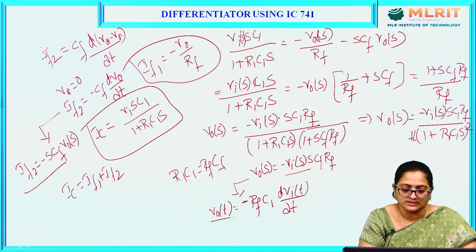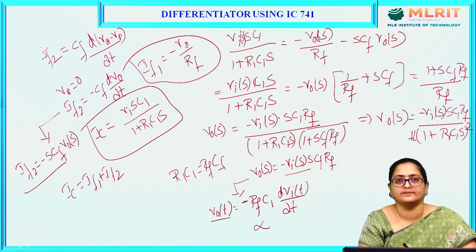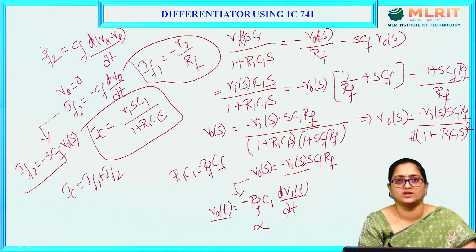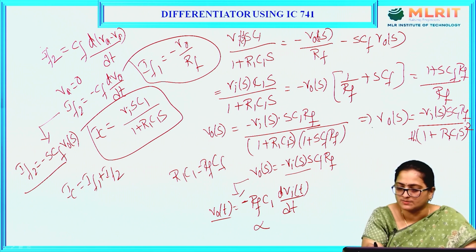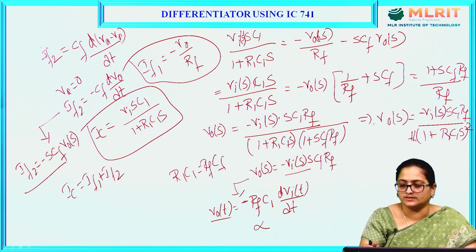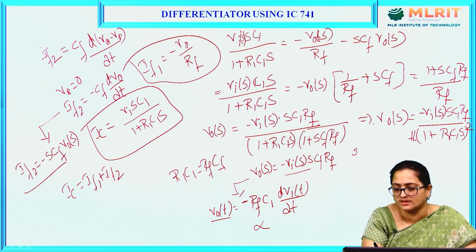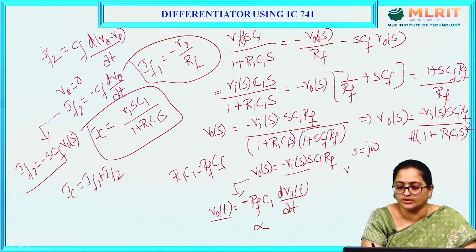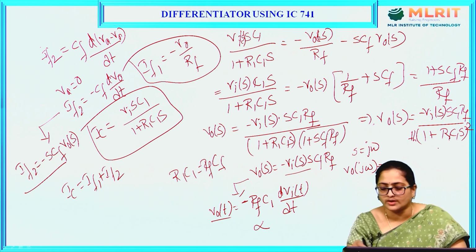So this is giving a proportionality constant between output voltage as a differentiation of input voltage. So V naught is proportional to dVi by dt. If you want to know the frequency analysis from this expression, that is V naught of S equals, let us substitute S equals j omega. So you can rewrite this expression as V naught of j omega equals,